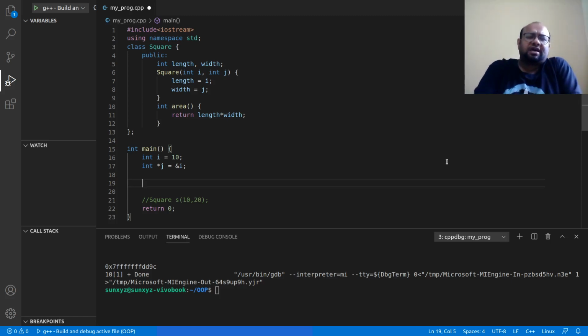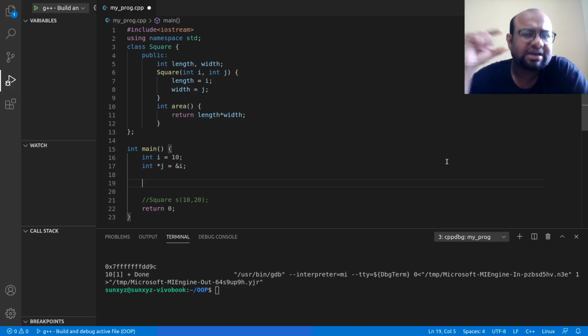I have one variable called i, and this variable i is of type integer. Being a variable of type integer, it is going to be allocated 4 bytes of memory. So this variable i is going to be allocated some space in memory.